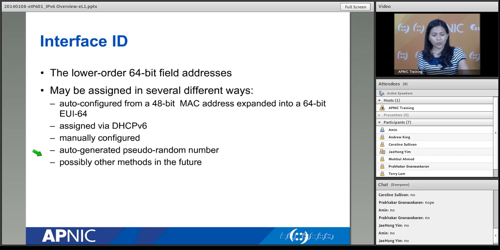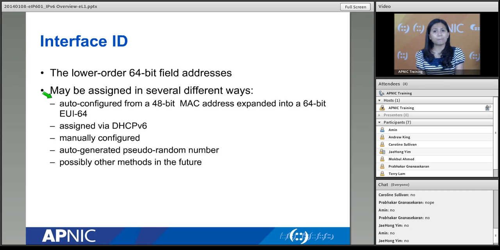Okay, so the interface ID can be generated by your operating system, by your machine, either using a pseudo-random number, or using EUI64, or more specifically, a modified EUI64.